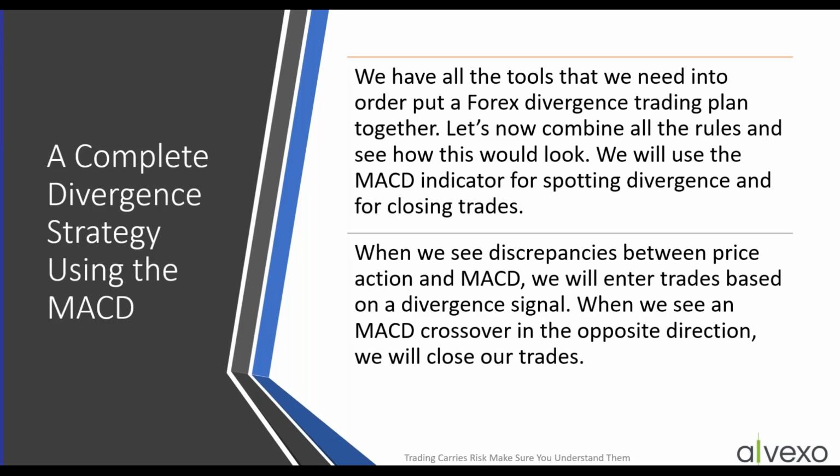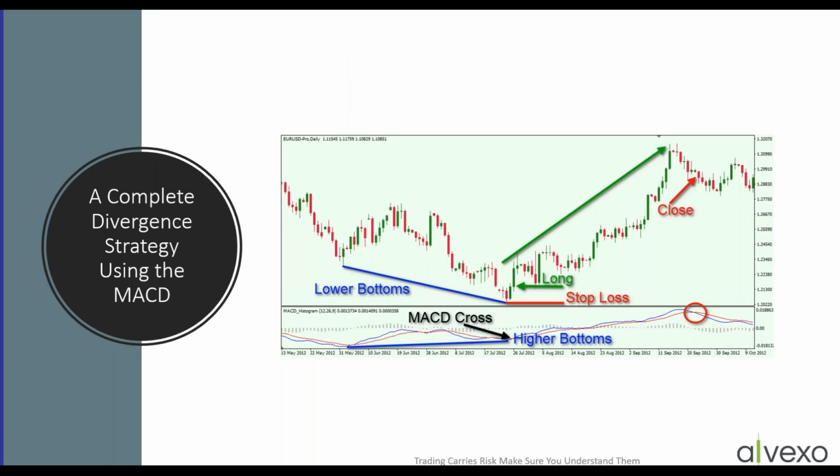So let's now combine all the rules and see how this would look. We will use the MACD indicator for spotting divergence and for closing trades. When we see a discrepancy between price action and MACD, we will enter trades based on a divergence signal. When we see a MACD crossover in the opposite direction, we will close out our trades. And I believe this, in detail, is on your handout. But as you can see here on the chart,